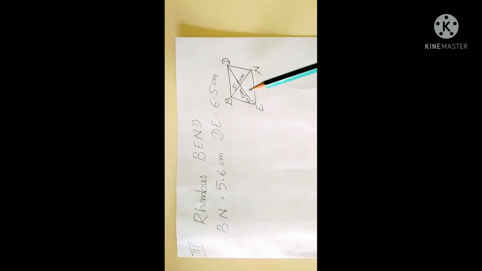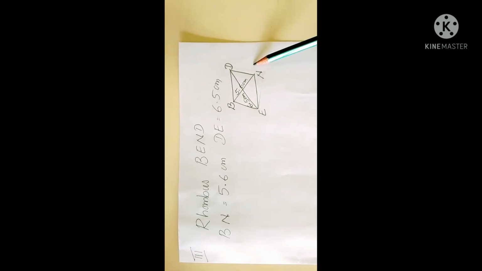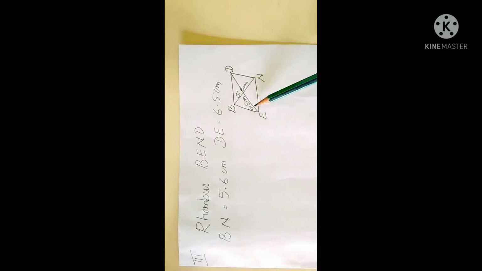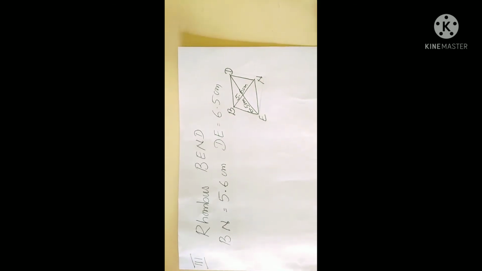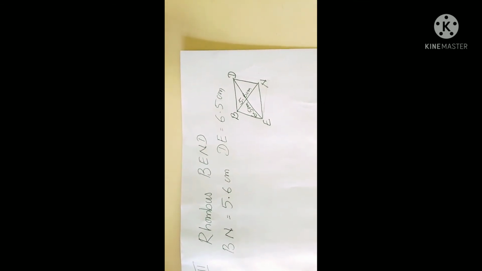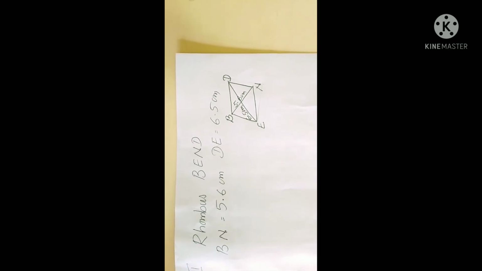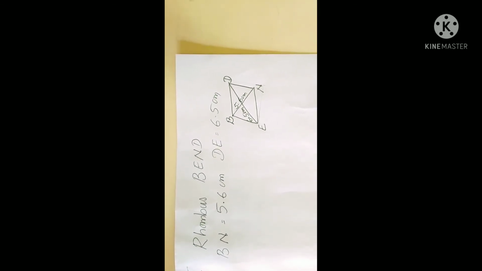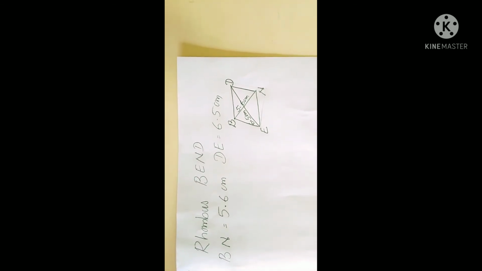Now, question number 3, that is a rhombus. What is a rhombus? What are the special features of a rhombus? Rhombus has all 4 sides equal, and here the 4 sides are not given, only the diagonals are given. So, what is the special property of the diagonals of a rhombus? Yes, the diagonals of a rhombus bisect each other perpendicularly. That means, they cut each other at 90 degrees, at the same time they make 2 equal parts. So, what I have done here is, I have drawn one line segment.